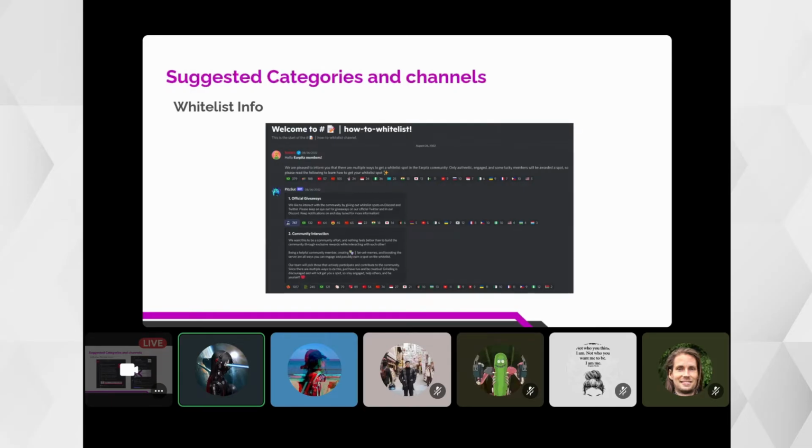How to get a whitelist, and as a project owner, you can promote the things you want the community members to do in order to help grow your server, and in return you can give them the whitelist spots.